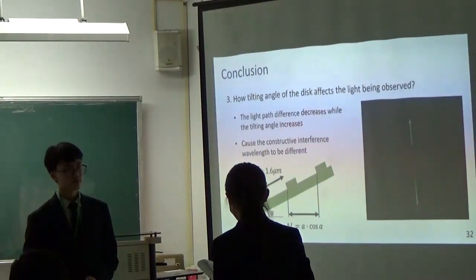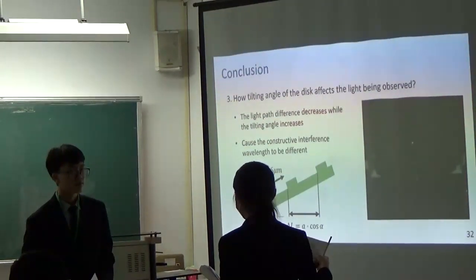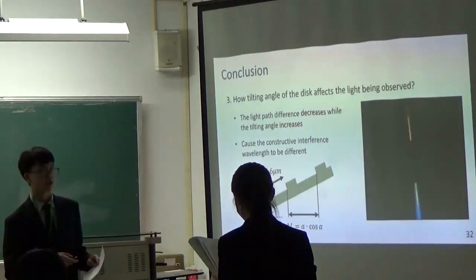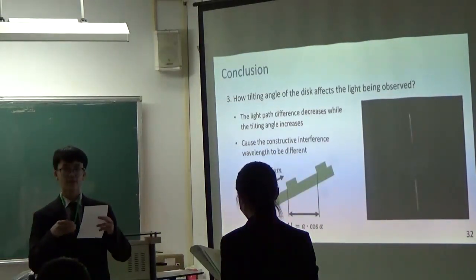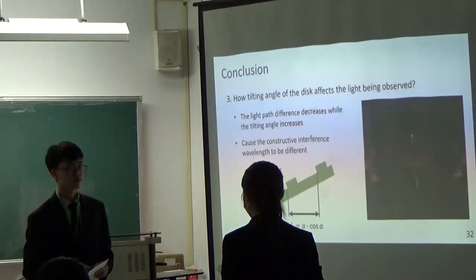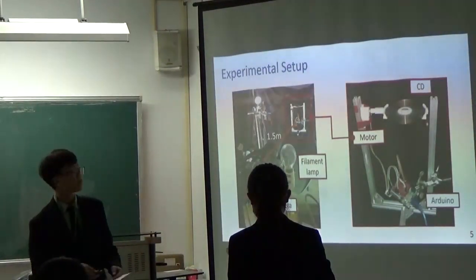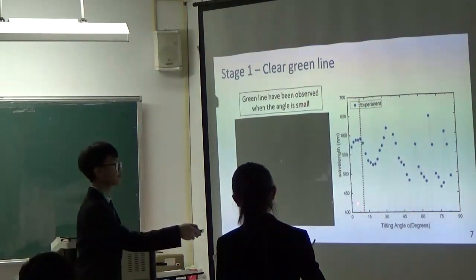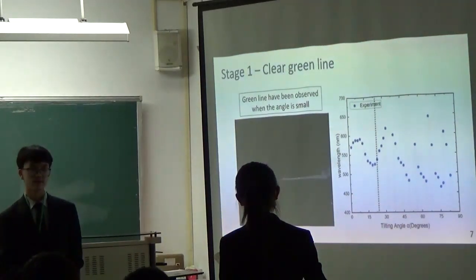And another question is, do you think the light only appears at a large angle? For the stage I mentioned, when the tilting angle is small, there will be green light, and when the tilting angle is bigger, the light will change, but green light will also appear again. Okay. So do you have the range of it? The range of it. Like here, we can see that 600 and 500, so at about smaller than 30 degrees, it will be green light.